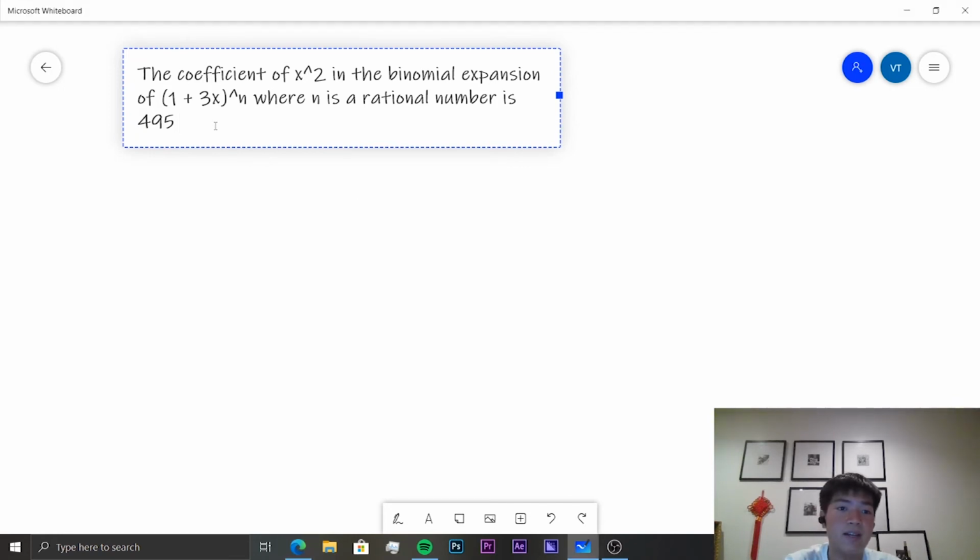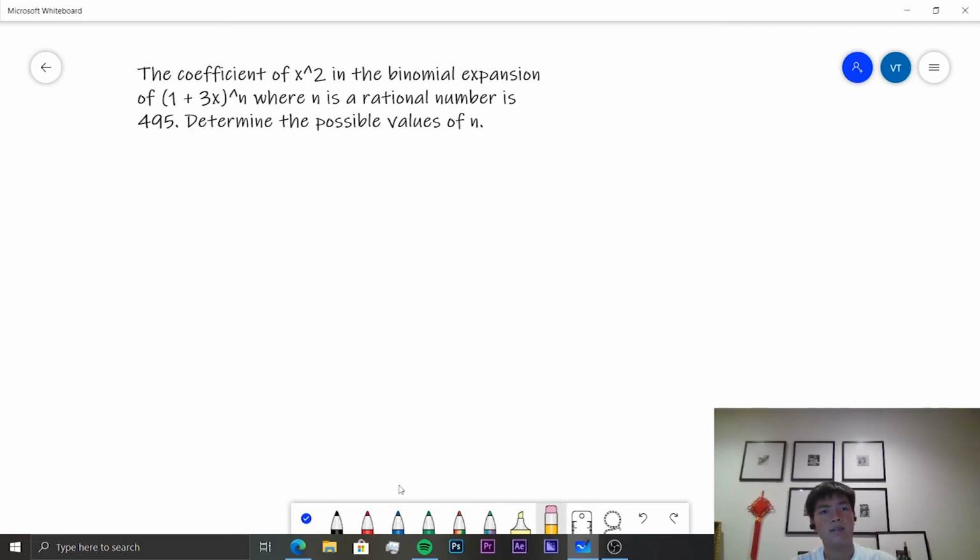Determine the possible values of n. Okay, so we have (1 + 3x²)^n, and we need to find the coefficient of x². Is there more than one value? Okay, let's see. So the coefficient of x² should simply be